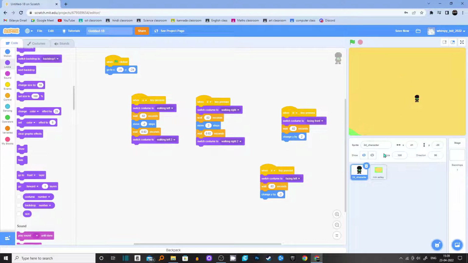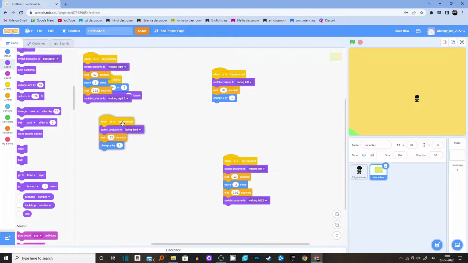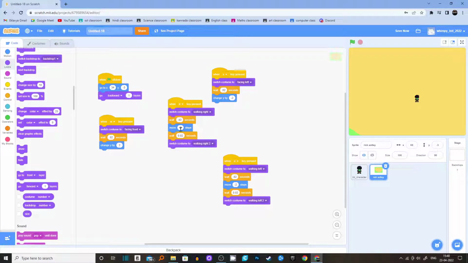Except this time we need to invert its direction. When D is pressed, I wanted to go -2 steps, whereas when A is pressed, I wanted to go 2 steps. So now if you see,